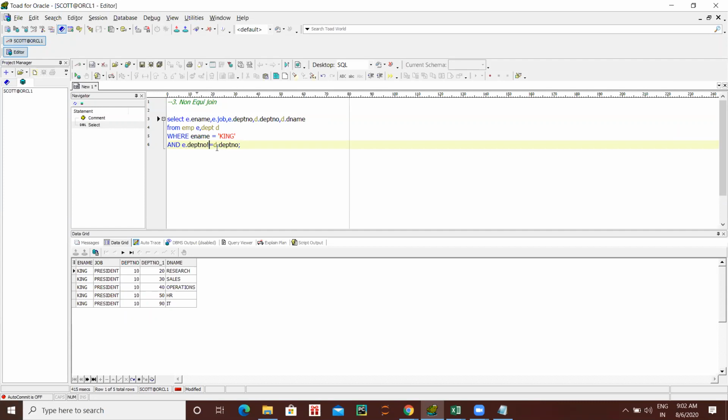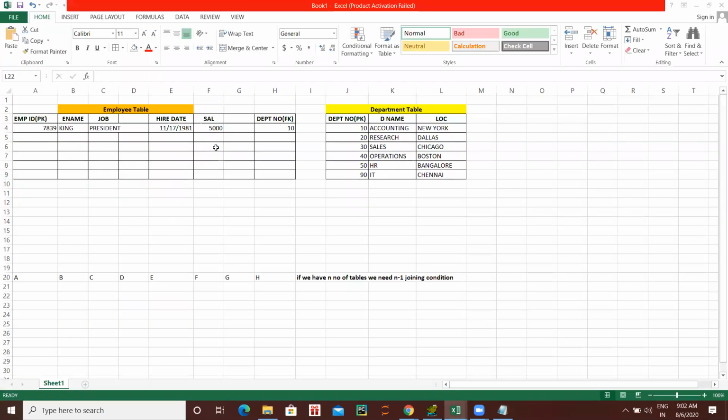Now go to Excel. Just the department number in the FK, highlight that value 10. Give some color, green. In the department table, this 10 also you give the same color.